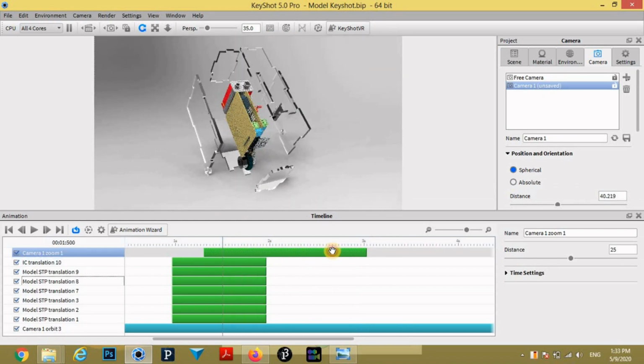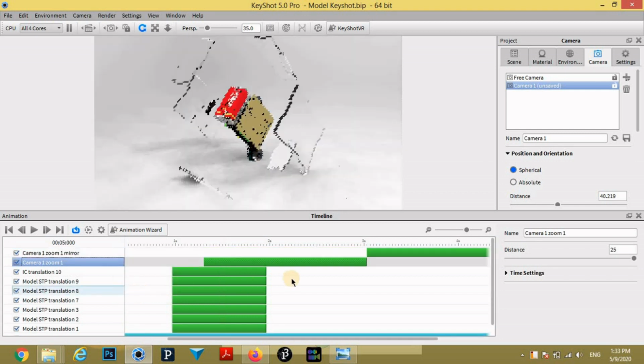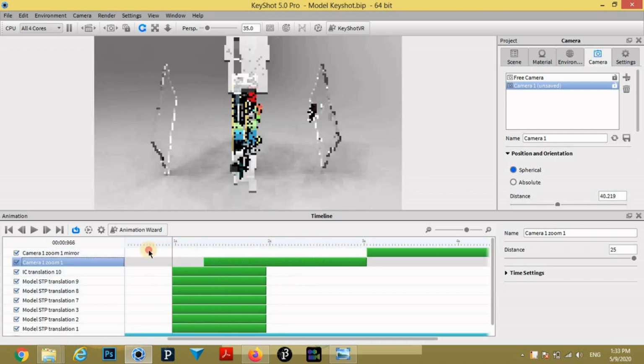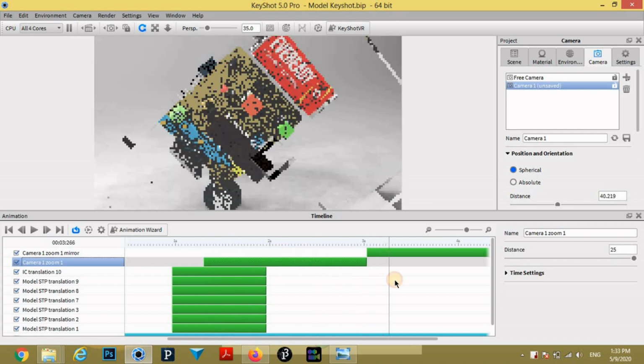Then revert the zoom by mirroring it. Press on mirror. Now after zooming in, there will be zoom out.